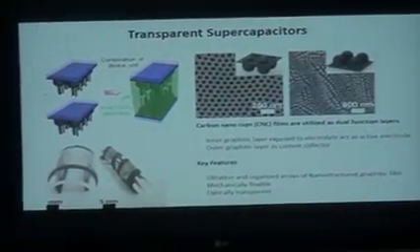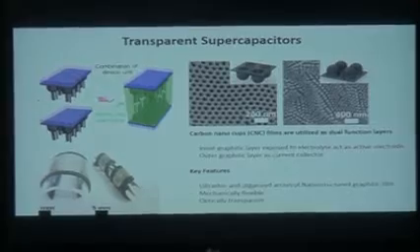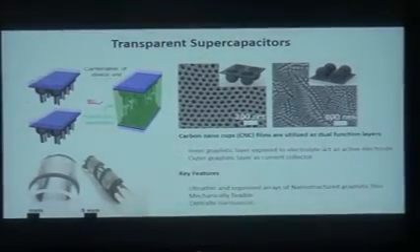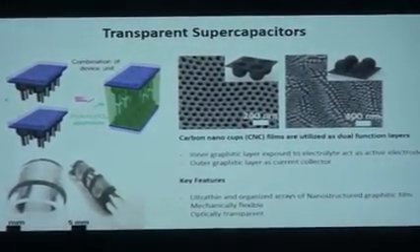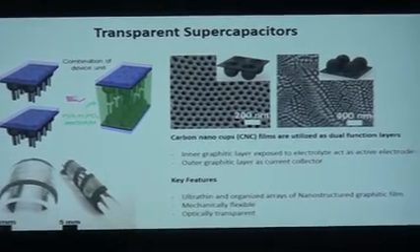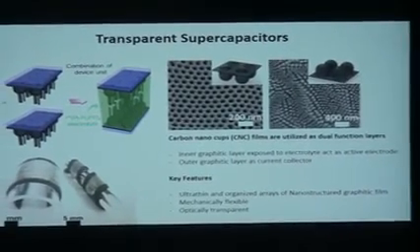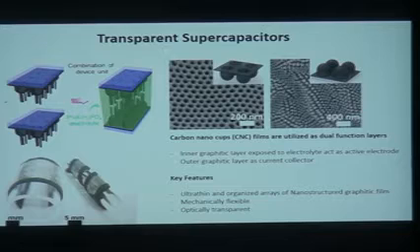Now the thing is, how do we make it into a supercapacitor? Can we structure the material on it in such a way that half of the space on the electrode is utilized for its electrochemical action, and half of the area gives you transparency? Can you pattern it in such a way? Imagine it has a kind of mesh.